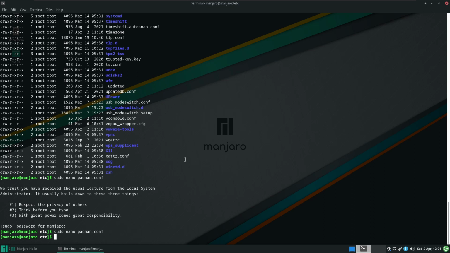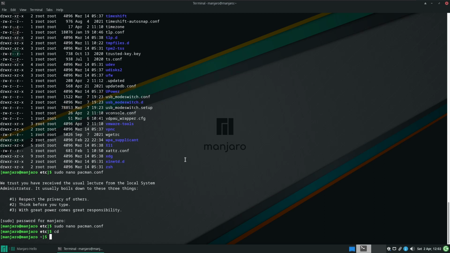Now, the reason why I waited until now to update the system is because I wanted to enable parallel downloads so we're not waiting around as long. This is useful if you want to just update things faster or don't want to wait as long. This isn't Windows after all. You don't have to wait an age to have updates downloaded and installed and go through multiple restarts. It just works. So to update Manjaro, we need to do sudo pacman